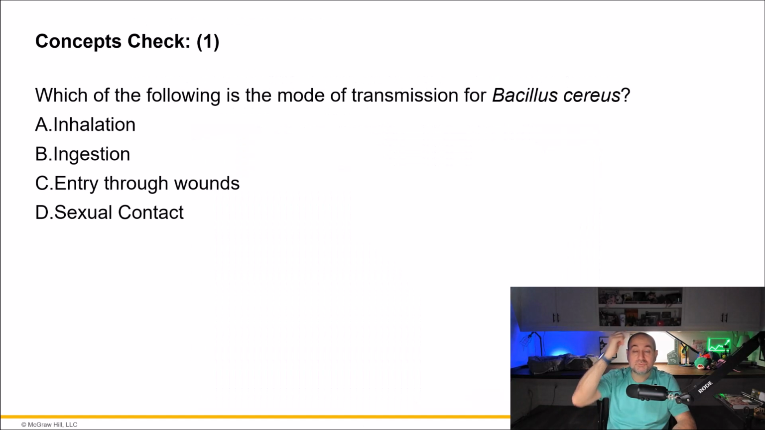So remember this, we just touched on this. Which of the following is the mode of transmission for Bacillus cereus? Remember, it's ingestion, right? Because it's so closely related to food poisoning. This is why we need to refrigerate our food. And then do you